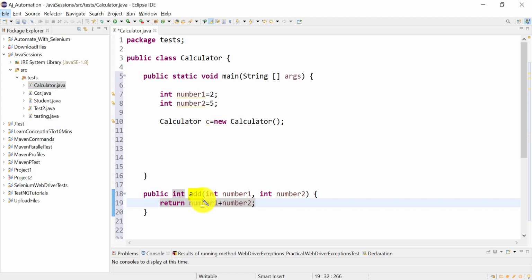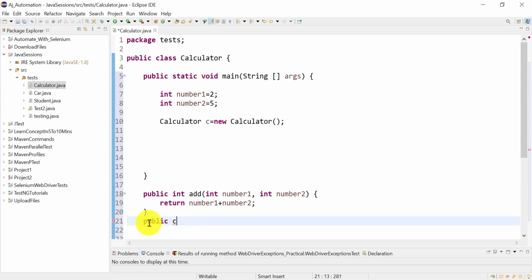Do not give, let's say, public void test, something like that, or public void test class or test method, right? I won't be able to understand what exactly this method is going to do.